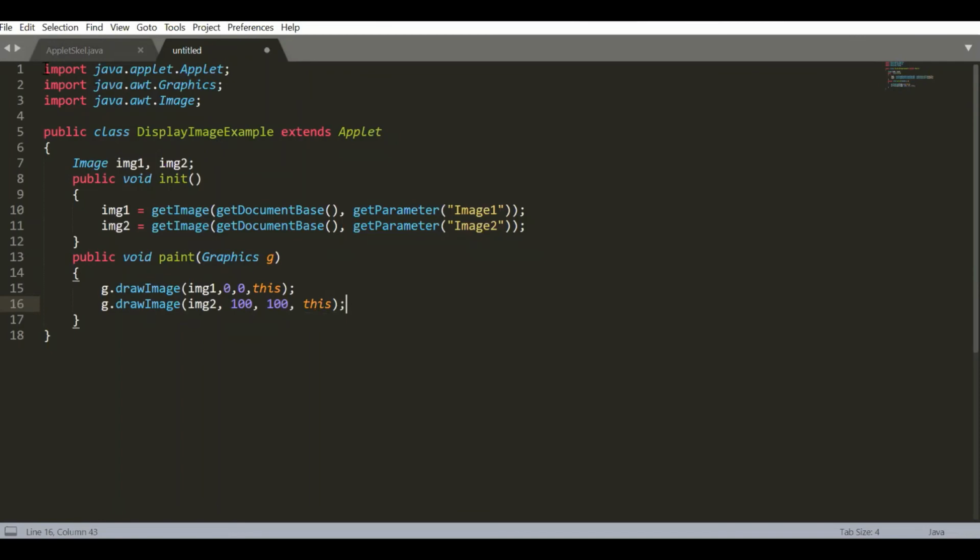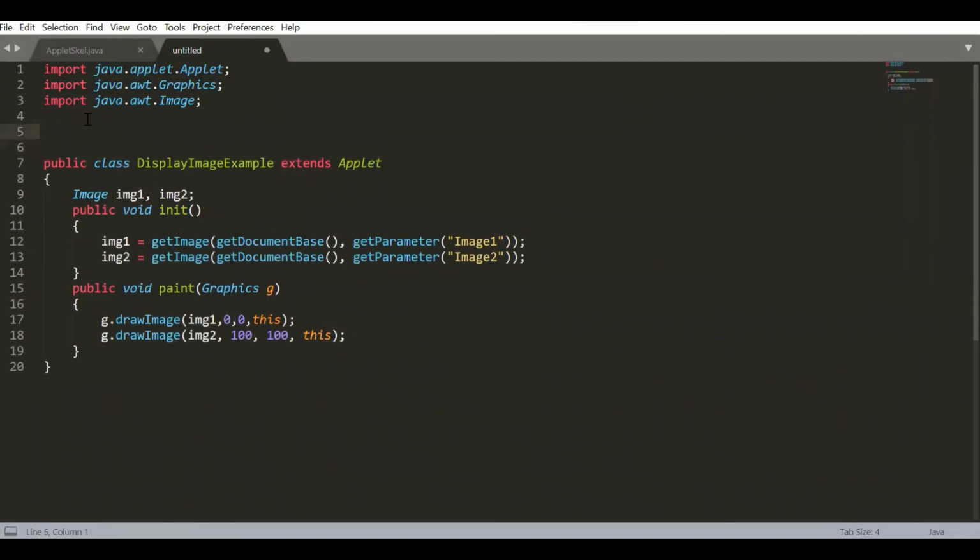Now we need to tell our program which kind of images we are going to load into this program. That will be under the declaration part as applet, class name, then the width and height.